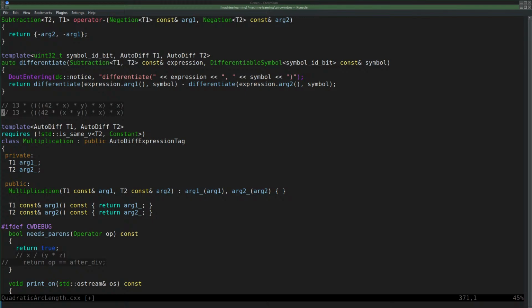Which in itself isn't that easy. And now I have again. Okay, so if I have a rule like this, so that is a constant times something, and that whole thing